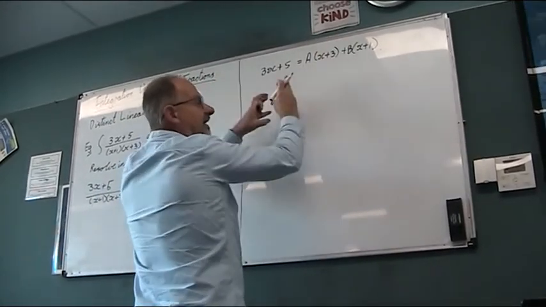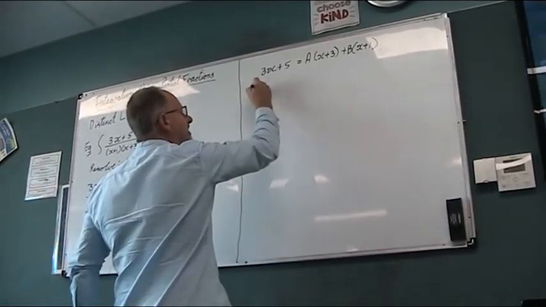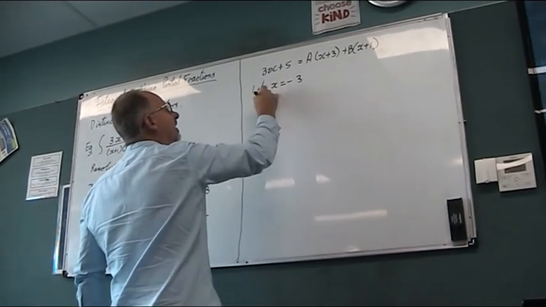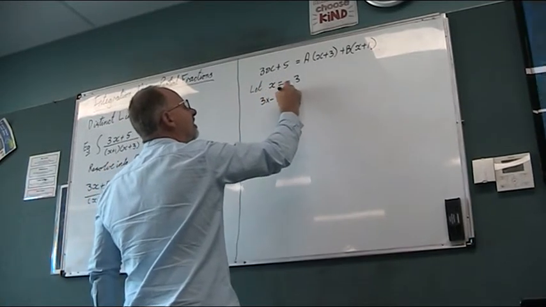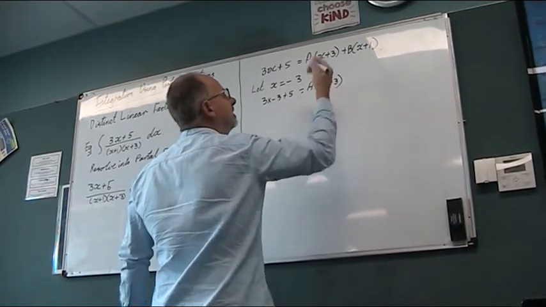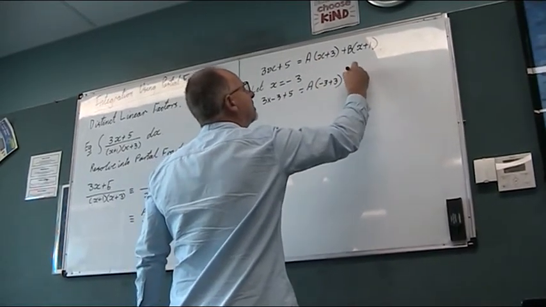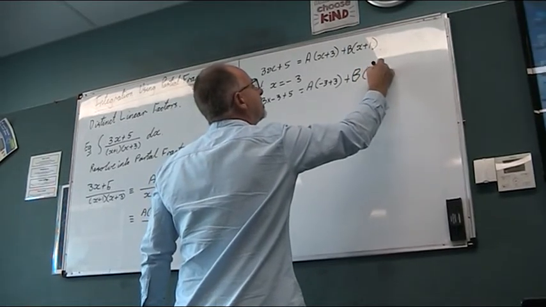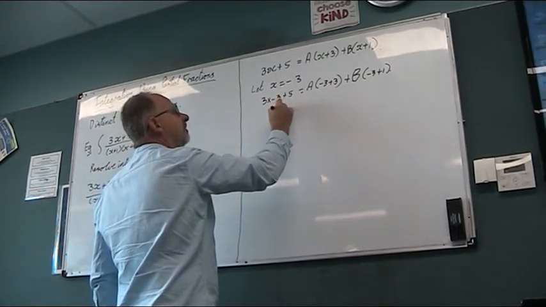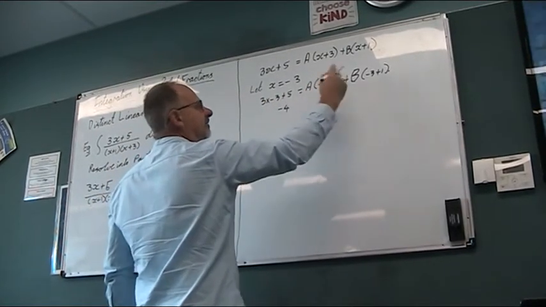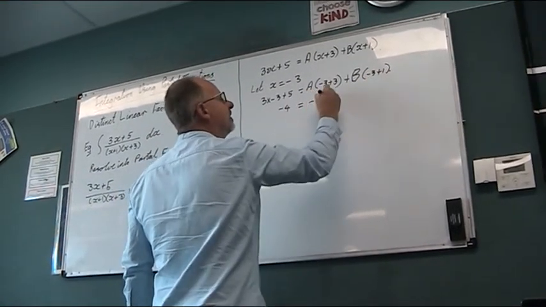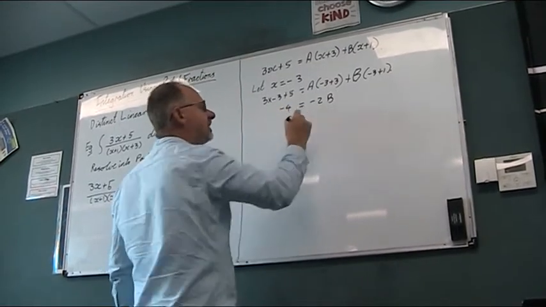Rather than expanding and collecting like terms, I can say, let x equal minus 3. If I put that in, I'll get 3 times minus 3 plus 5 equals a times minus 3 plus 3, which is 0, plus b times minus 3 plus 1. Negative 9 plus 5 is negative 4. That's 0, of course, so that's gone. Equals negative 3 plus 1 is negative 2. So from that we can get that b has got to be